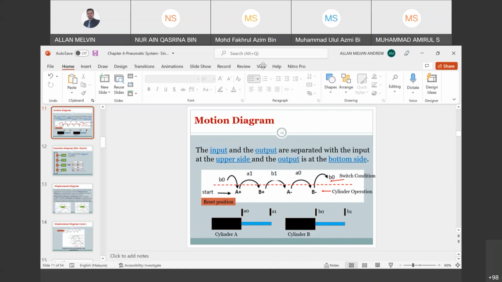Before that, I will give some tutorials for you to try. Most of the tutorials for pneumatics you can try at home, because you need to develop a circuit. Some will be theory questions. Then during the tutorial session, we will discuss some of the questions. If you have a further question, you can refer back to the teaching plan in the Google Classroom. We will follow that. Okay, thank you so much. We will meet